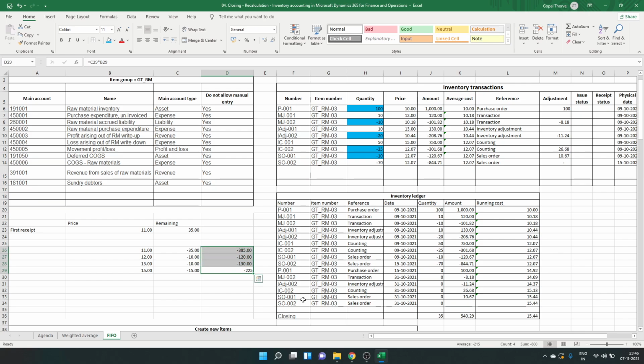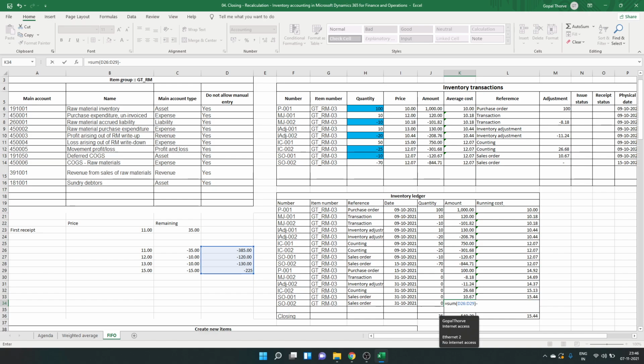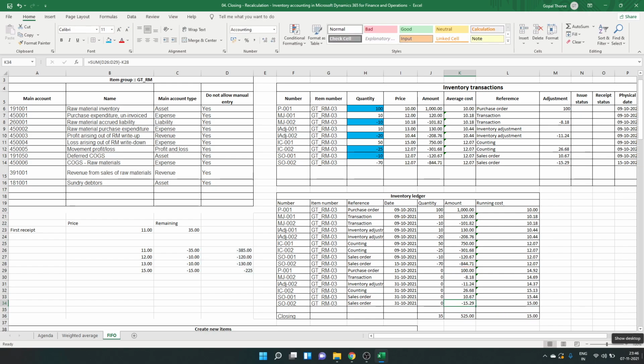Okay, so this is the amount. Now for this sales transaction, the issue cost should be the sum of this. But the system has already posted the adjustment of 844.71 on this, so the system will post a negative 15.29 on this particular transaction. Now here, if you see, I have a closing stock of 35 and the last transaction. But before doing that, let us do the settlement part first.